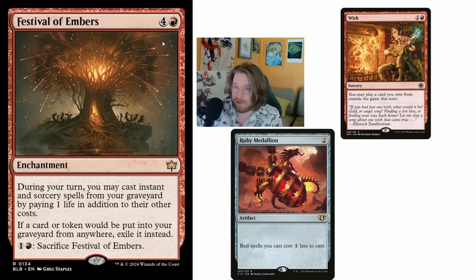Festival of Embers is a 5-mana enchantment that basically gives all instants and sorceries in your graveyard flashback, but you have to pay an additional life in addition to their other costs. Simply put, I think this card is a pretty reasonable wish target in Ruby Storm that allows you to main deck four Past in Flames and then wish for this as a pseudo Past in Flames when you're comboing off. I think that it's probably a little bit better than Underworld Breach in those decks, where the escape 3 cost is kind of tough. It gets there a lot of the time,